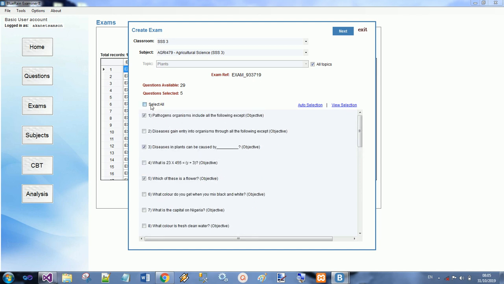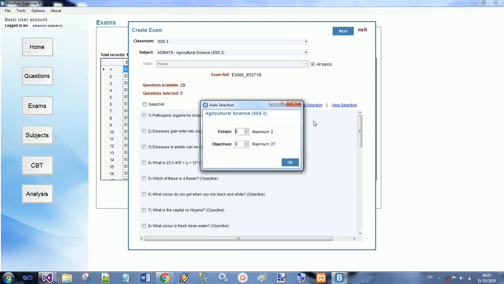Also, you could use the auto select option, which allows you to specify the number of questions you want, and the system will randomly select those questions for you. So here, out of the 27 objective questions I have, I want, let's say, 15. No, let's do 10. Then for the essay questions, I have a maximum of 2. I'm going to select all 2. You can see 27 plus 2 makes 29, which is the total number of questions we have under agricultural